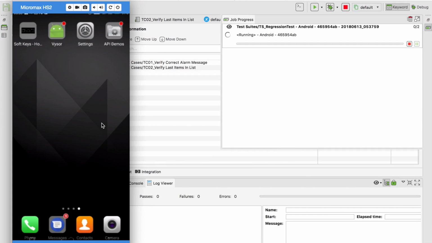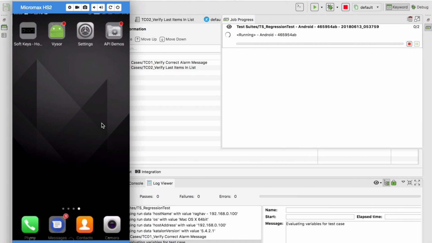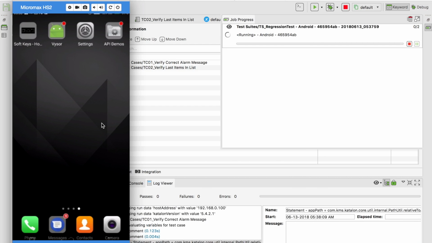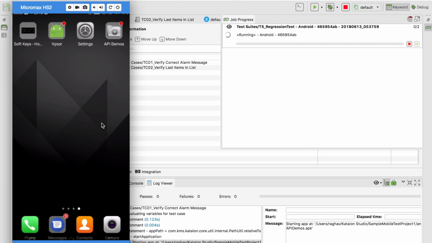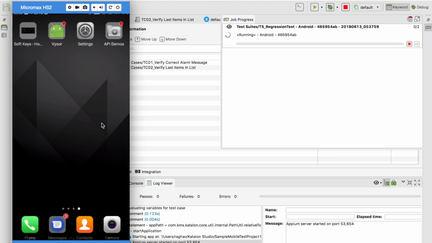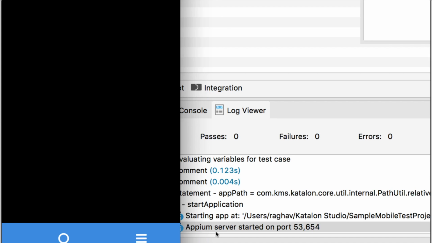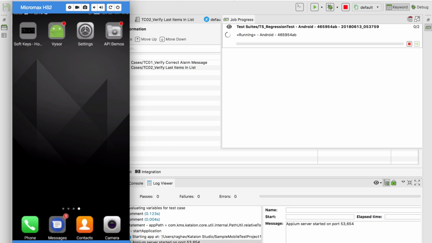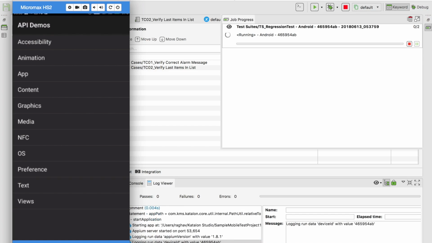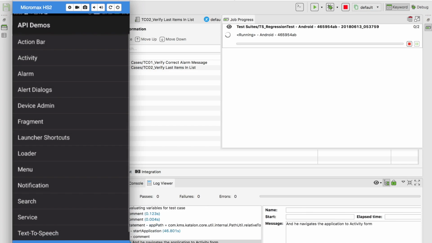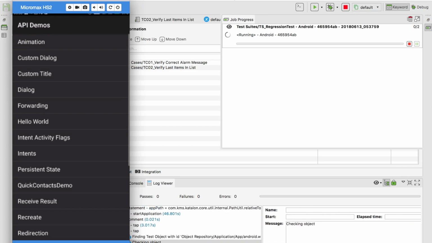This will launch the test suite, then start Appium, and then start the test. So let us just wait. The very first time it can be a little slow. It will connect to Appium, start the Appium server, then connect to the mobile device and start the testing. You can also see the logs here which say Appium server started on port, and this should start our test. Yes, you can see it is going to some application, doing some tapping actions,